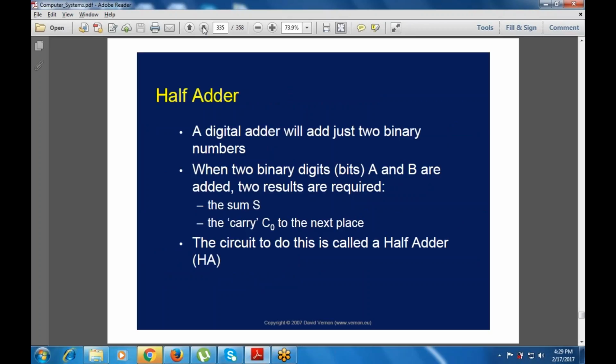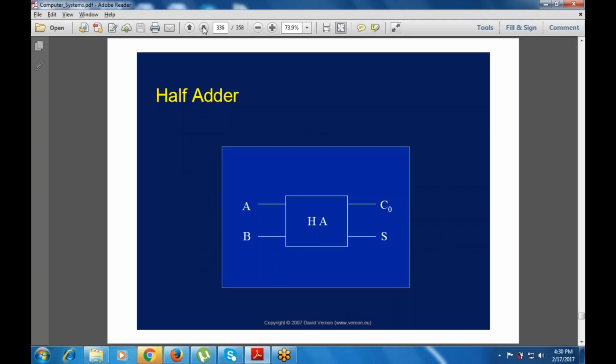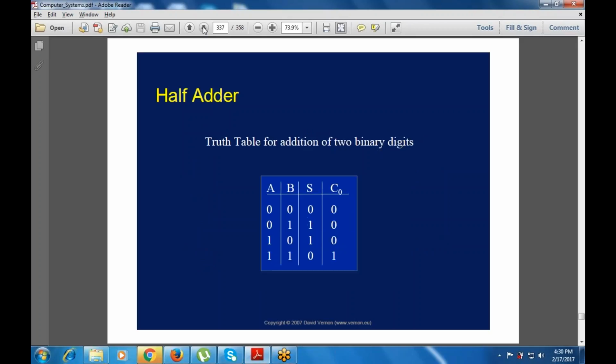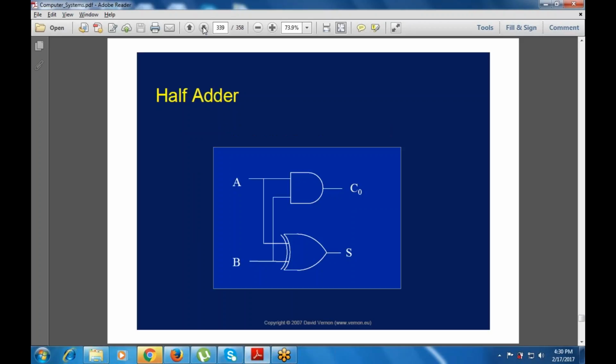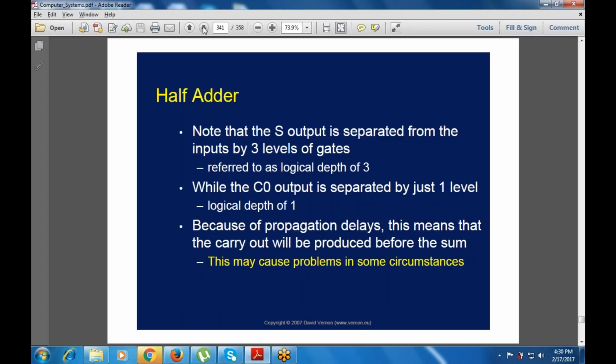Now binary arithmetic, binary addition, there are two terms that are used. One is adder, and the adder is divided into two parts: one is a half adder, one is a full adder. When I add just two binary numbers, that is known as the half adder. When I add three binary numbers, that is known as the full adder. This is HA, half adder. There is A and B, and there is the circuit with carry C0 and the sum. Then the truth table for the addition of two binary digits, that is A, B, S, C0. Then AB plus AB. This is the AND gate and the XOR gate. This is used with the half adder also. Note that the S output is separated